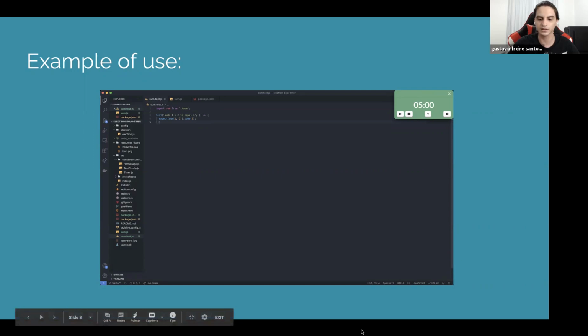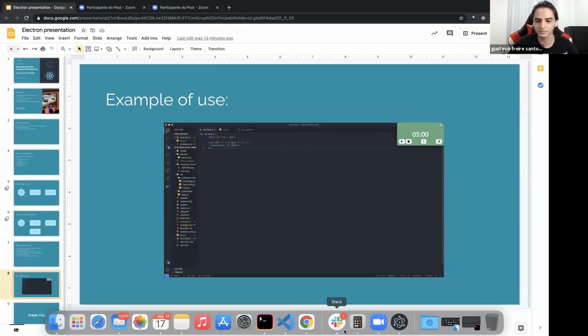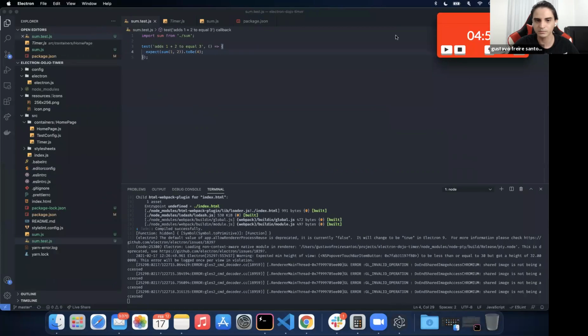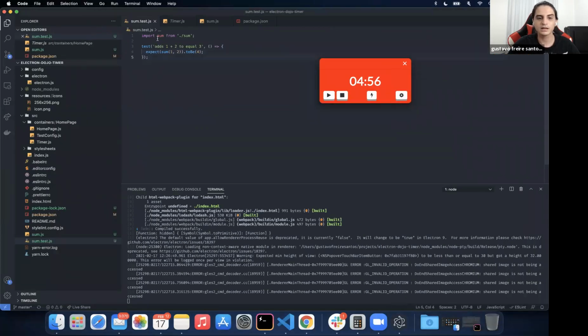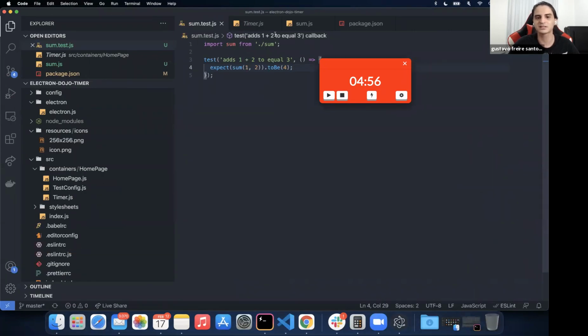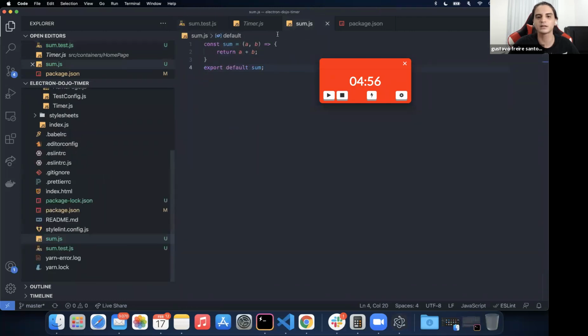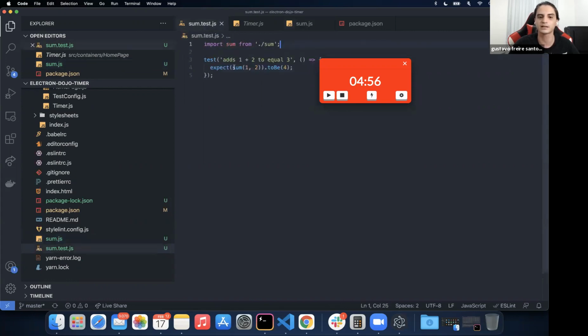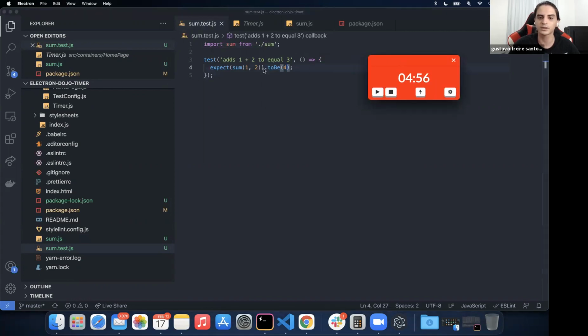So I will try to show you guys here an example of this, because I have one here running. So basically, I create a simple test here for a problem. A problem, let's say, is just a simple problem. I will just put it here bigger. That is just to create a sum. So I create the function that did the sum, and I have to test it because it's TDD. So I had the function here, I had the test, and I will try to execute the test. Here I put a wrong test, that's why it's red here. I will put it